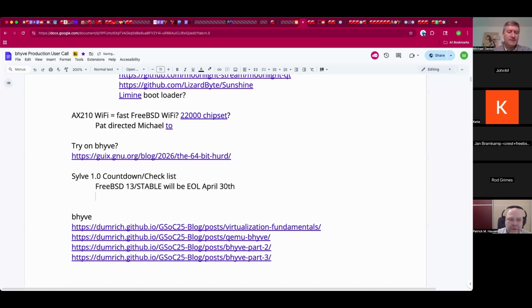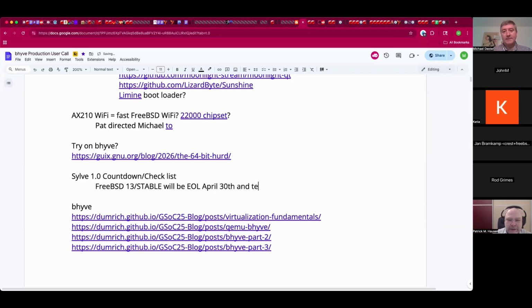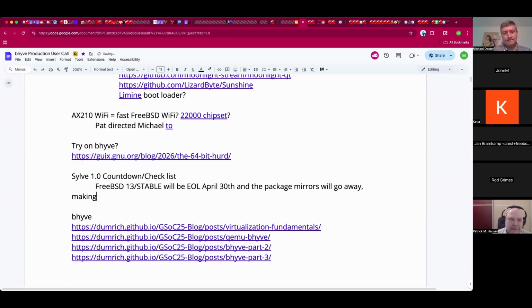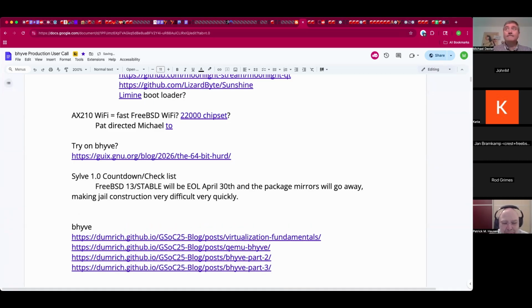Updates. First of all, the package mirrors will go away. And without installable packages, you're bound to build everything from ports, as long as the ports collection still runs on FreeBSD 13, which is an EOL release and nobody cares and backports any patches and stuff. So, yeah. These days, it's quite common for the ports tree to quickly put in a safeguard to block building